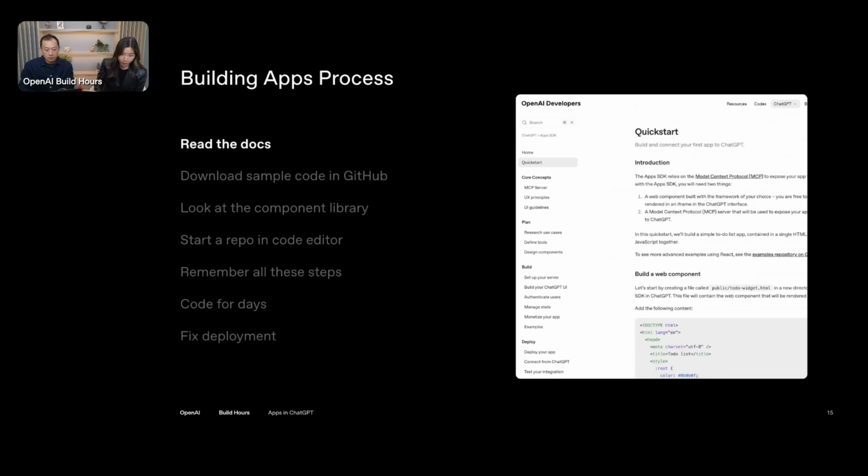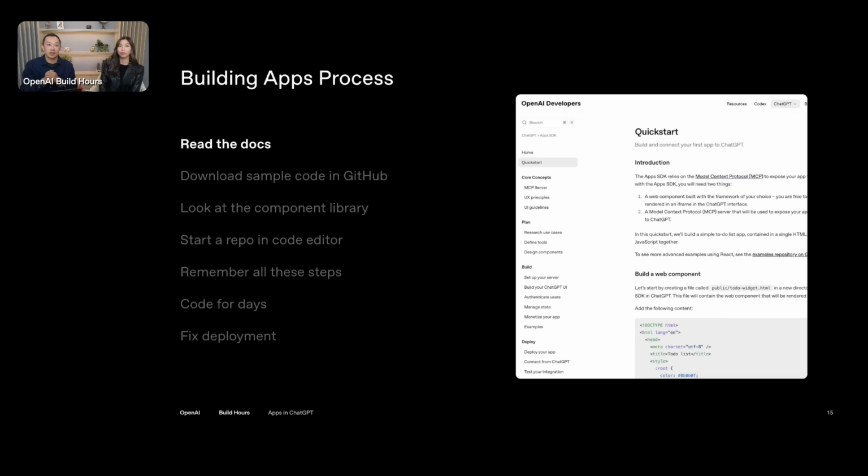Awesome. So I think it's time to actually go through the process of building an app. Let's actually run through the process of how to build an app, and then we'll show you how to use Codex afterwards. Awesome. So now I'm just going to talk as a developer to everybody listening and kind of walk through what it means to build a ChatGPT app.